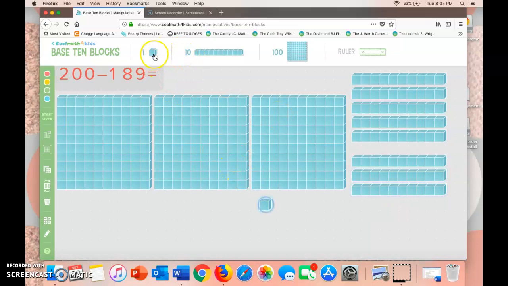As children are doing this in person, they may be using one-to-one correspondence to move the manipulatives into the placement that they would like. So here they have 200 again, and 100, and 1, 2, 3, 4, 5, 6, 7, 8 tens blocks, and